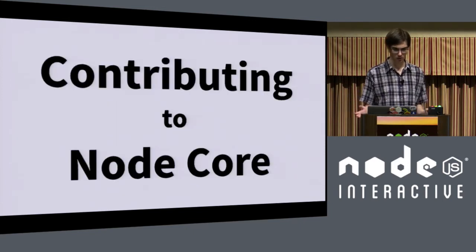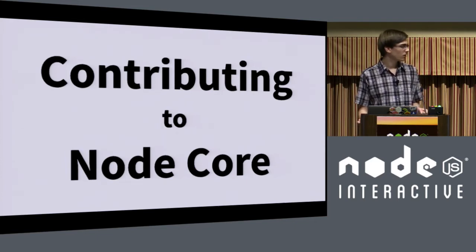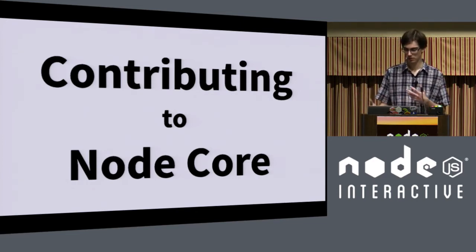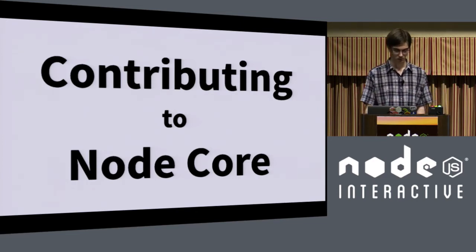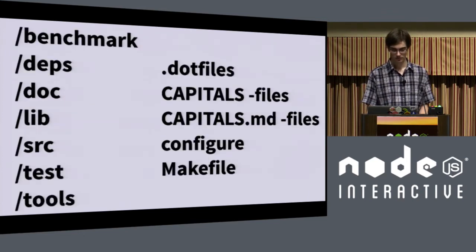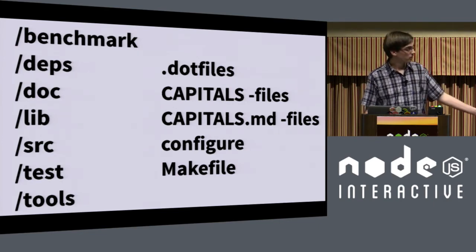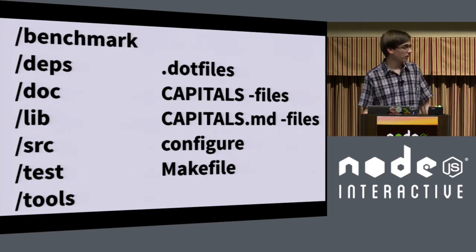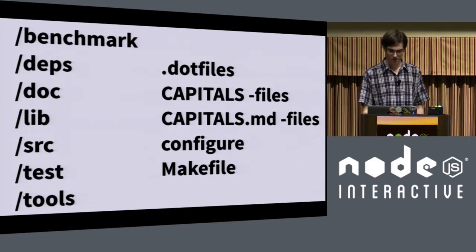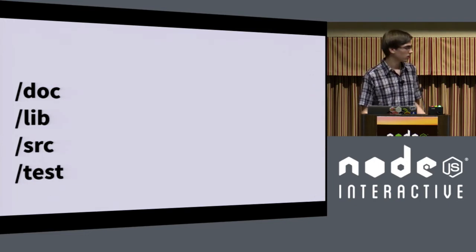So, contributing to Node core. I'm going to go over what sort of contribution for that might look like and how you might figure out where things are to actually contribute to Node core. So a little bit about core structure to make some sense of what's there. There's a lot of folders and, again, a lot of capital files and a whole bunch of configuration in dot files and whatnot. But at first, the things you probably want to pay attention to the most are the /doc